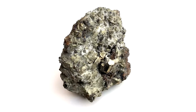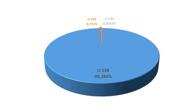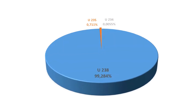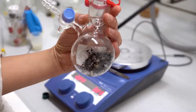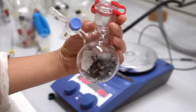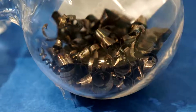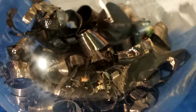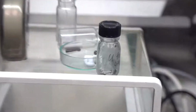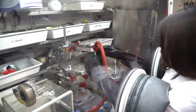Mostly, uranium naturally occurs in the form of the uranium-238 isotope with a half-life of about 4 billion years. Depleted uranium is most frequently used for chemical research in order to reduce scientists' exposure to its radiation. Pure uranium obtained from its ore looks quite dark, as its surface oxidizes pretty fast because of the high chemical activeness of this metal. That is why it is often stored in argon, and also all experiments with uranium are